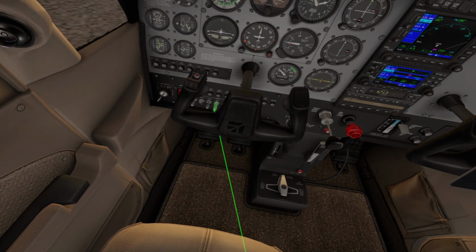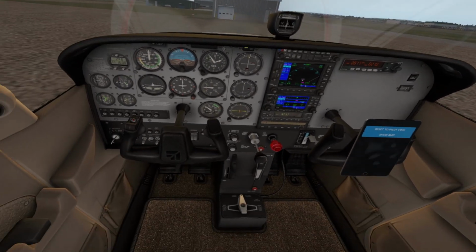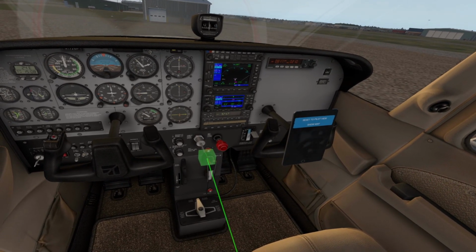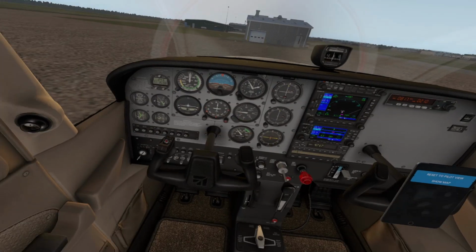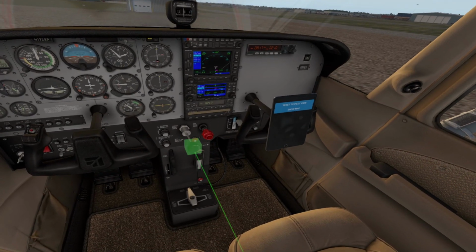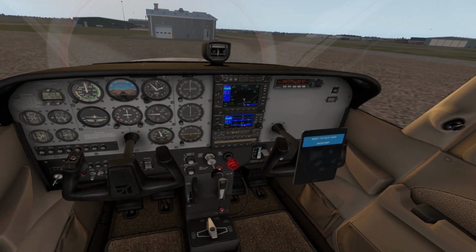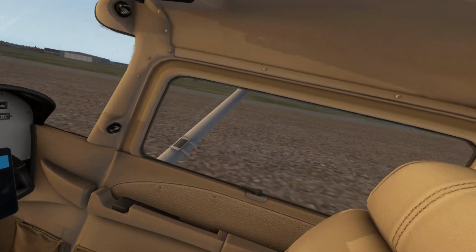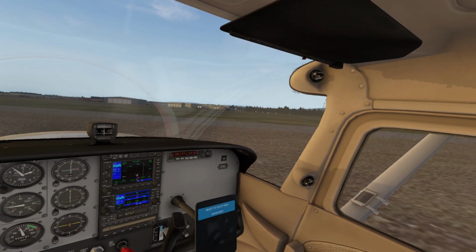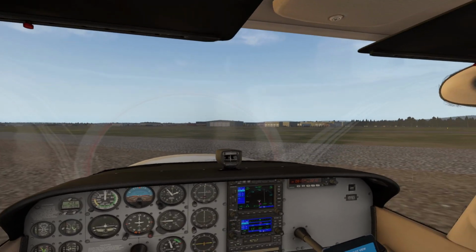We're gonna turn our taxi lights on and our nav lights on. Strobe stay off because we are still at the apron. Let's go. You can see the windsock though, as annoying as that is. So over there, right here, what you see there, that's